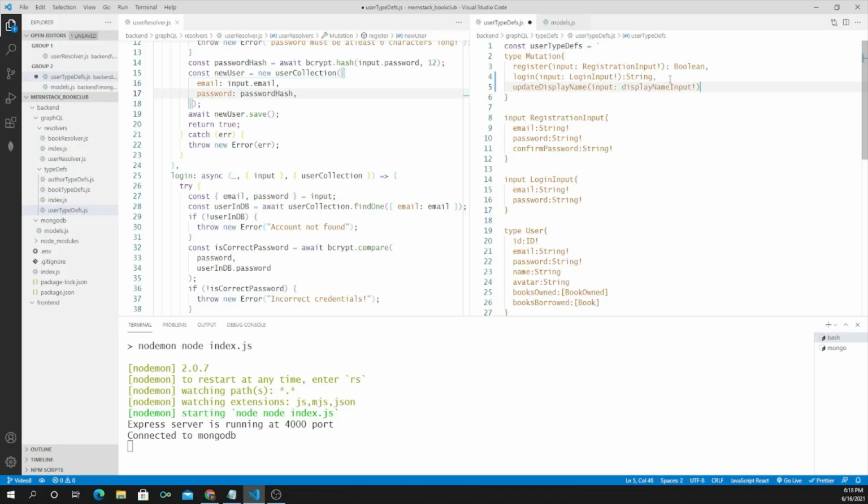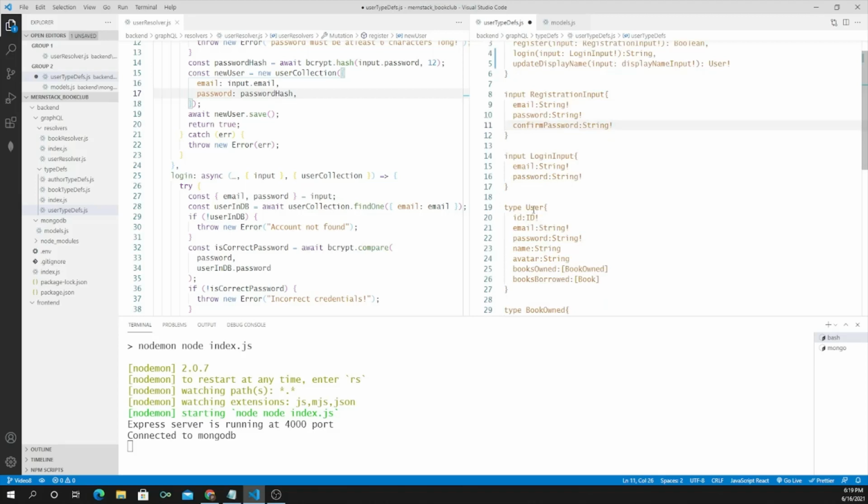And after modification of the user type, we should get the user back, the updated user. Now that means once this mutation is run, we will get this type with ID, email,